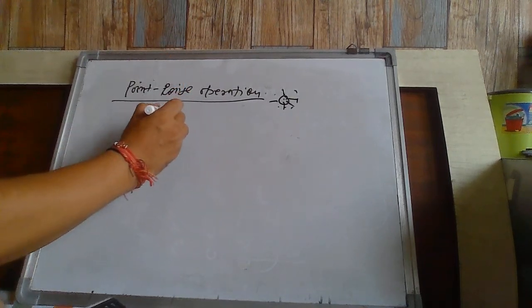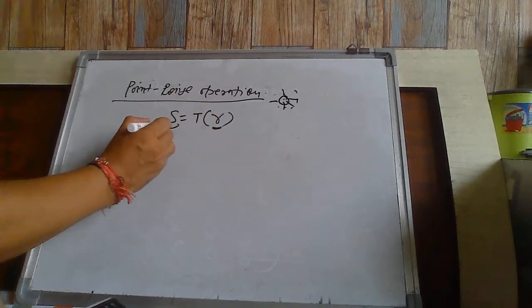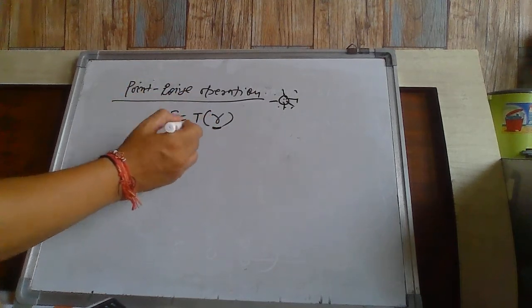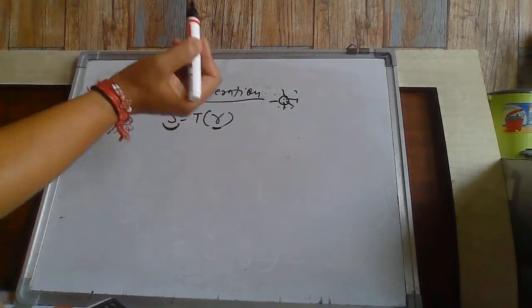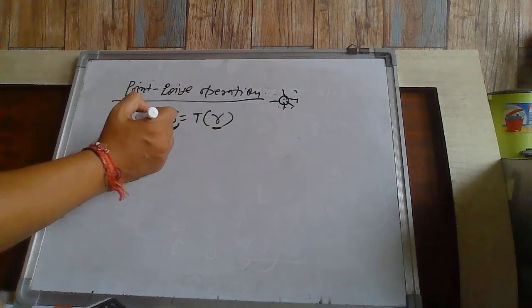We know it is simply represented like S = T(R). R was your input image and S was your output image. So this R, the input image pixel, will be given to you, and you need to find its output image by applying some kind of operator.